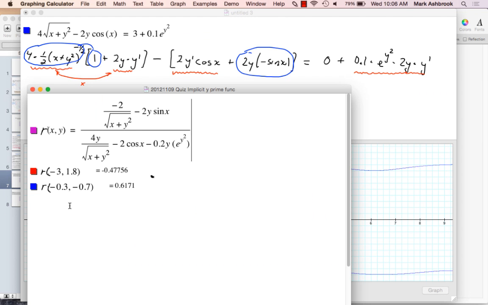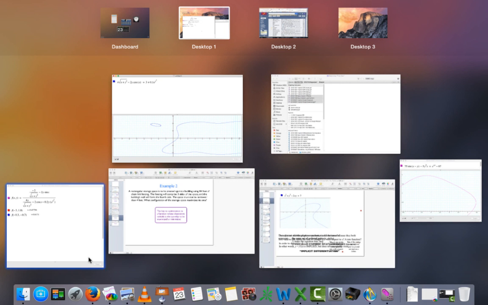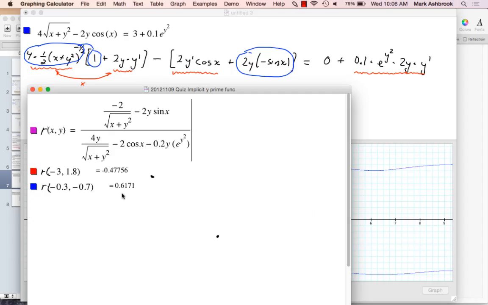Okay, another one here. Negative 0.3 and negative 0.7 is about here. Positive or negative? Prediction for the value? About 1, maybe a little less than 1. 0.6. So if you put in x is negative 0.3, that point in the graph, into that rate function